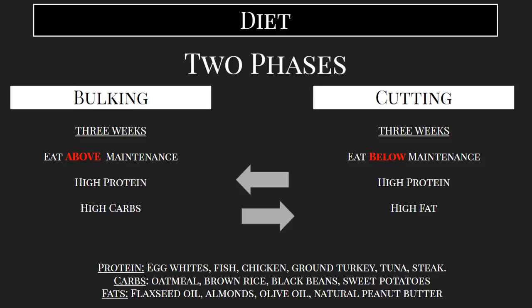So phase two is going to be the cutting phase. And during this phase, we're going to be focused more on losing body fat percentage. We spend so much time building up this muscle, and while we're building this muscle, we're also going to gain a little bit of fat. So now we're going to be focused on trying to keep that muscle and cut the fat. And that's what's going to give us those ripped, toned biceps and abs. That's where that comes from.